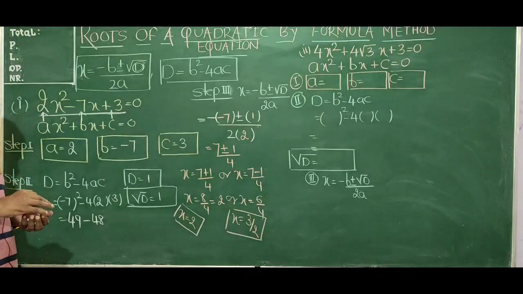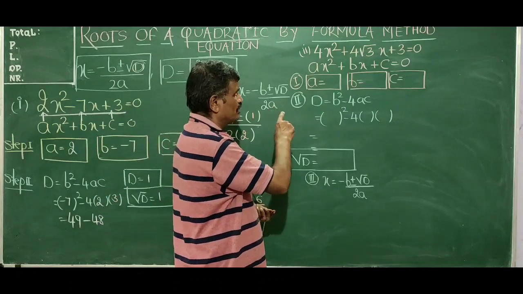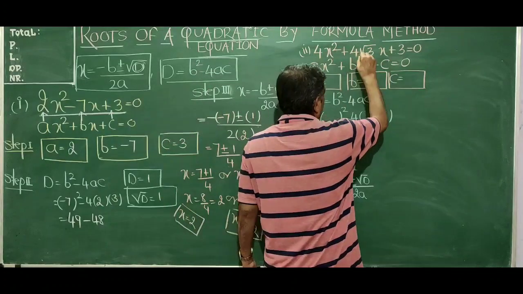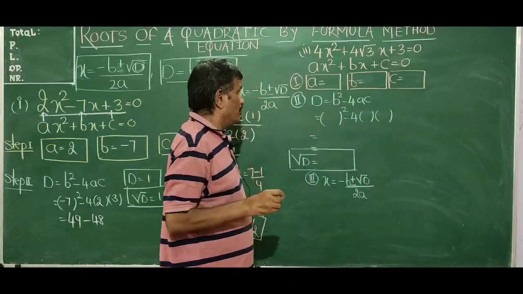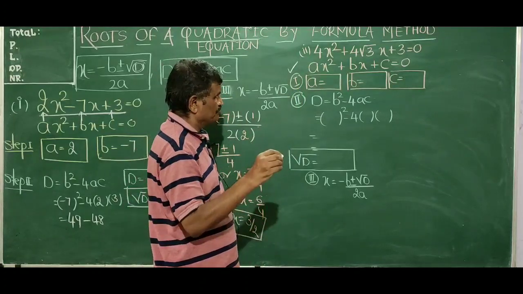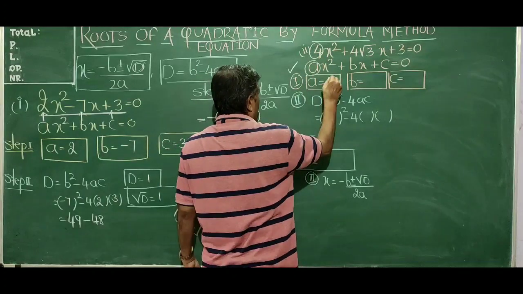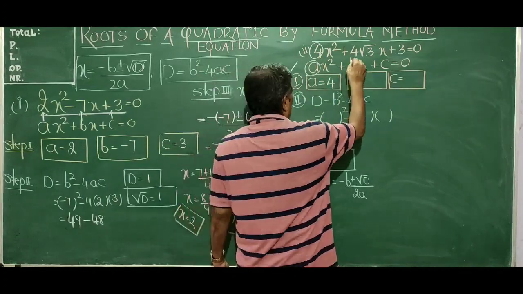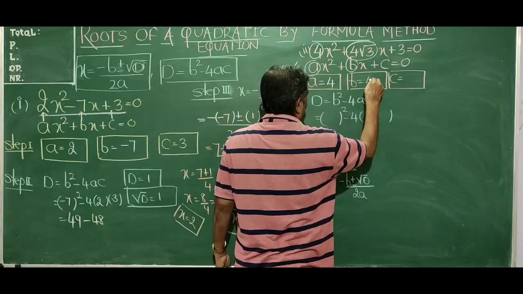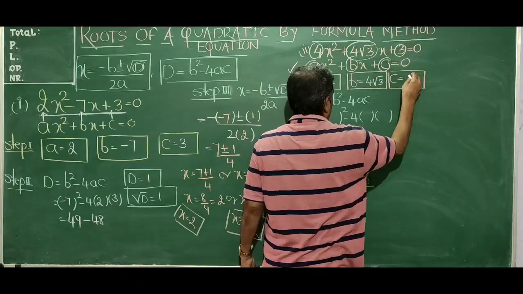Now, let us take up the next one. This is very systematic actually. Let us see, the same method you have to apply everywhere. Let us take an example where this equation has to be solved by the formula method. Our step number 1 says find the values of a, b, c. Follow the step. This a is 4, so I will write here a as 4. Our b is 4 root 3, so let me write the value of b as 4 root 3. Our c is 3, so I will write here c as 3.